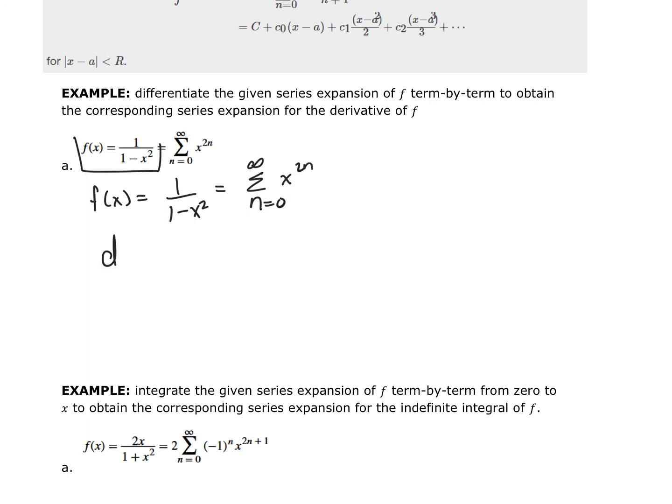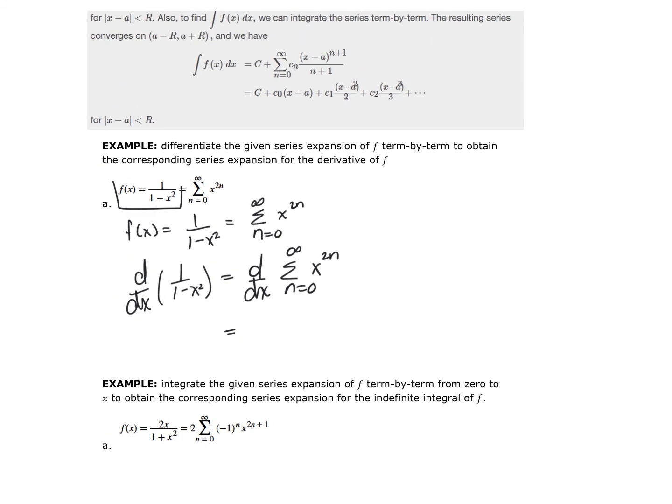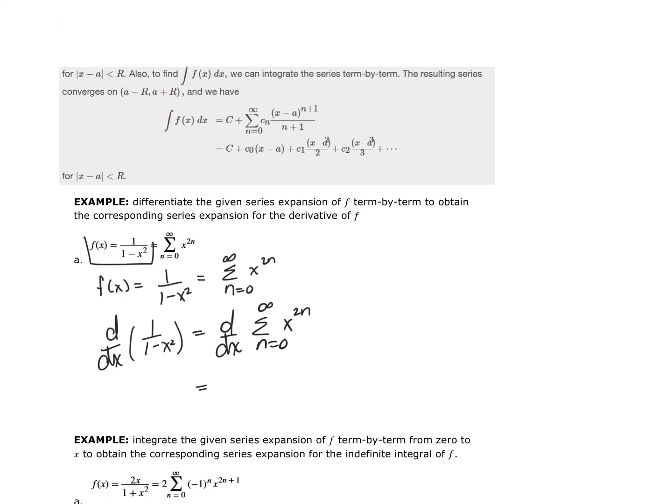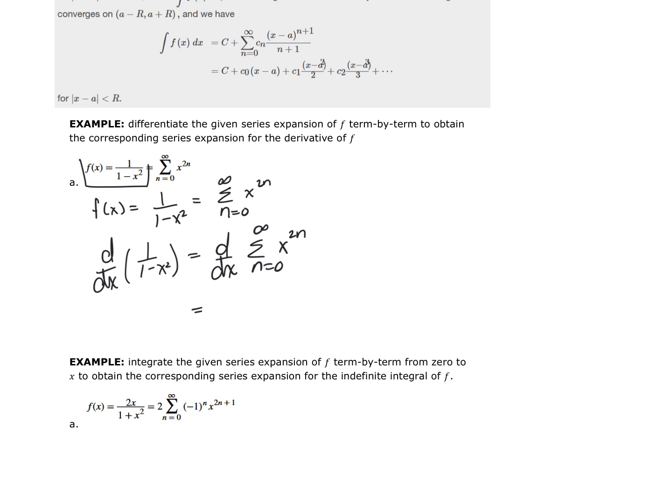So if I do d dx of 1 over 1 minus x squared, then I would do d dx of the summation of n equals 0 to infinity of x raised to the 2n. This right-hand side, using the theorem up above, is going to give me the summation of n equals 0 to infinity of 2n, that's bringing the power down out front, x raised to the 2n minus 1,